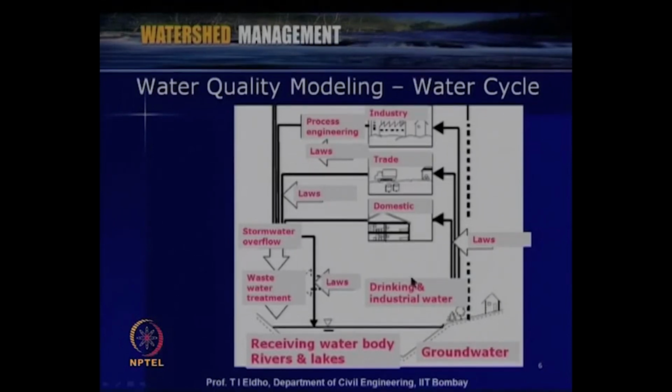So that way, we can say that water quality issues are also related to the water cycle. Since water is taken from surface water and groundwater sources, and after specific usages it comes back to the system as either treated water or sometimes effluents, with some contamination. So when we deal with water quality modeling, these issues are related to the water cycle.